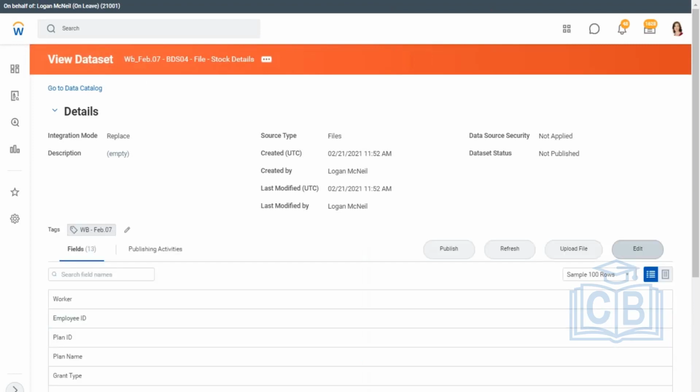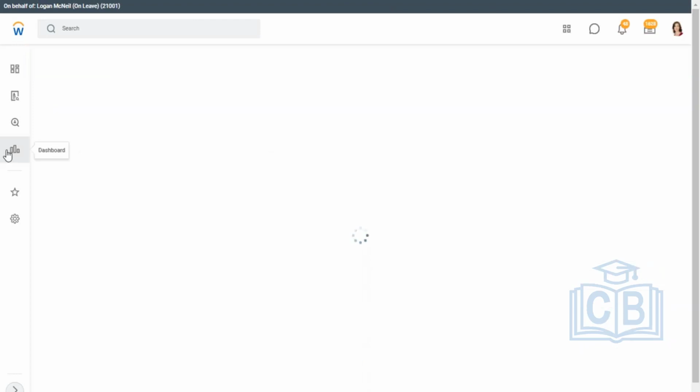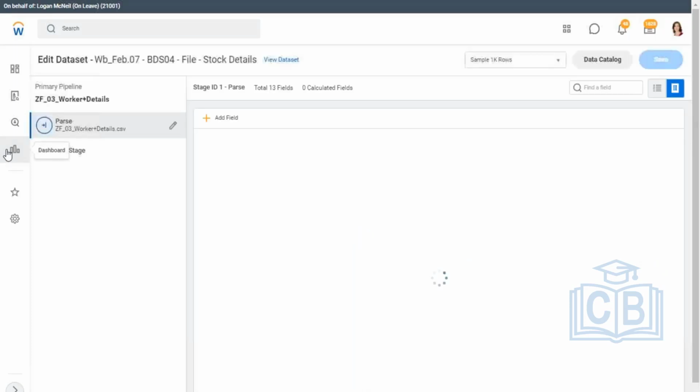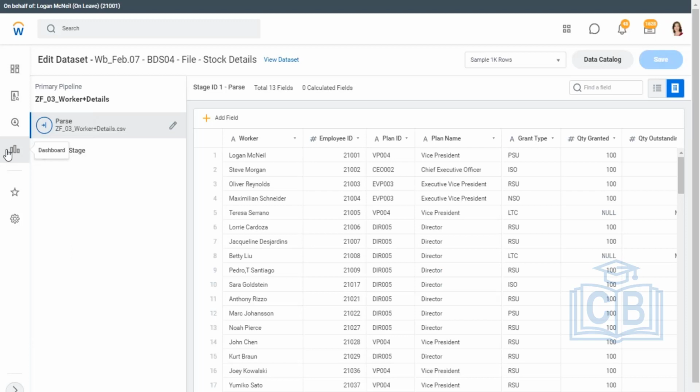If I go to the data set itself, what all data am I importing? I'm importing the worker name, the worker ID. Now the second thing, worker ID, the plan name, and